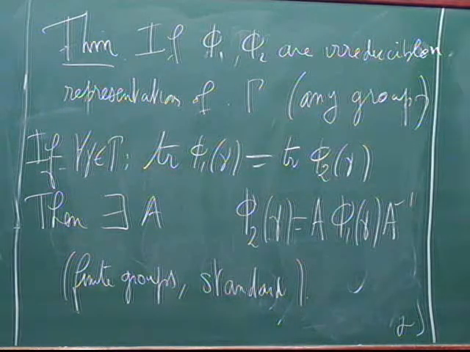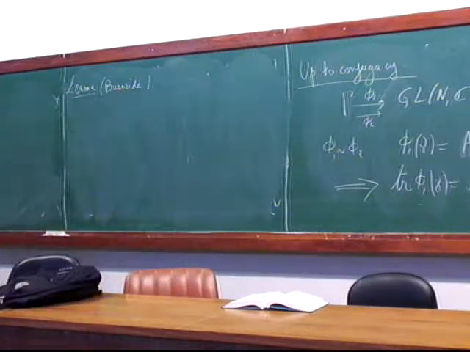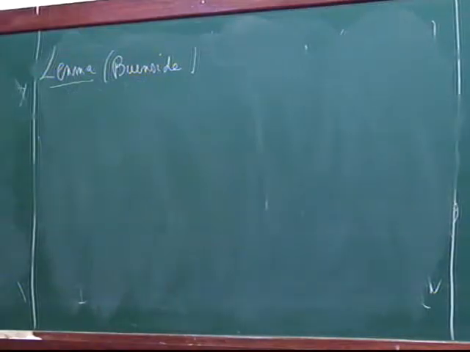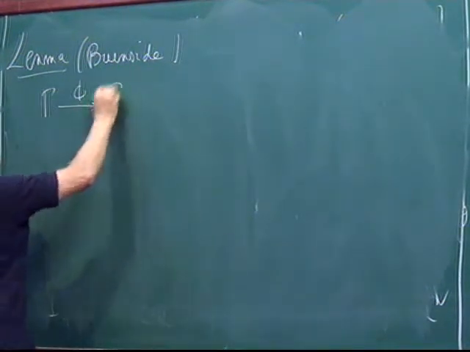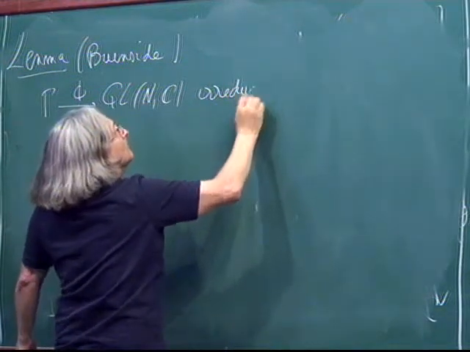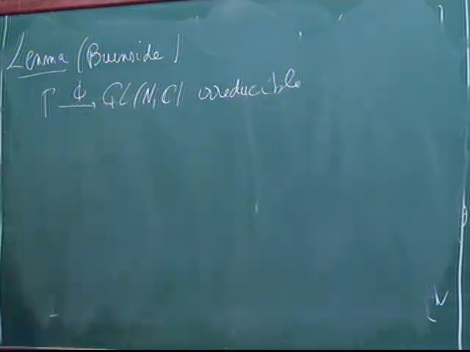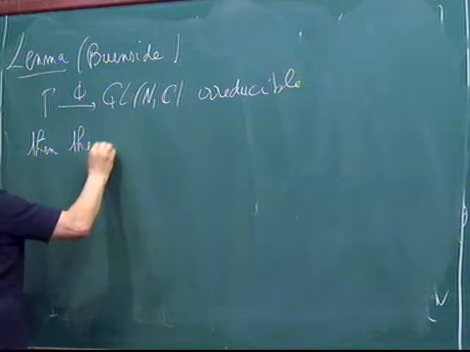The first lemma is due to Burnside. Again, Burnside proved it for finite groups, but his proof is correct for any group. It says that if a group has some linear representation, into GL_n(C), which is irreducible, then the algebra